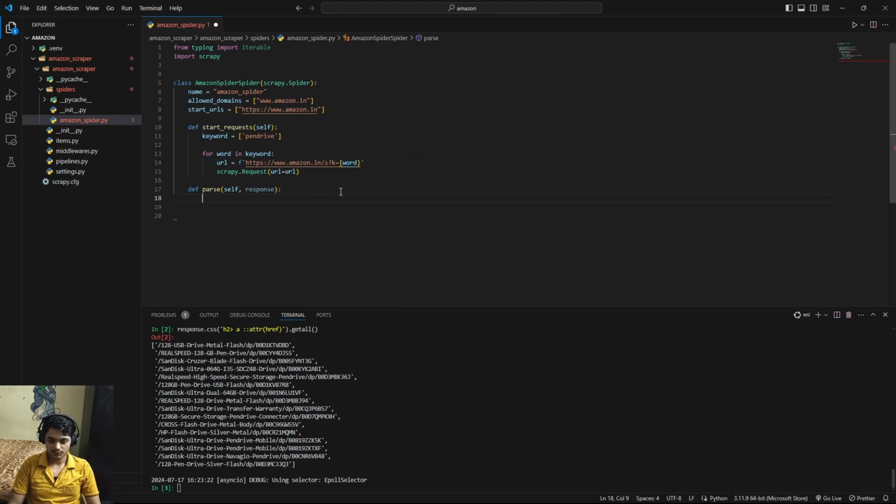So in the parse function, if we just run this line, we will get hold of all the listed URLs, and we can catch it in another variable. Let's name it products,